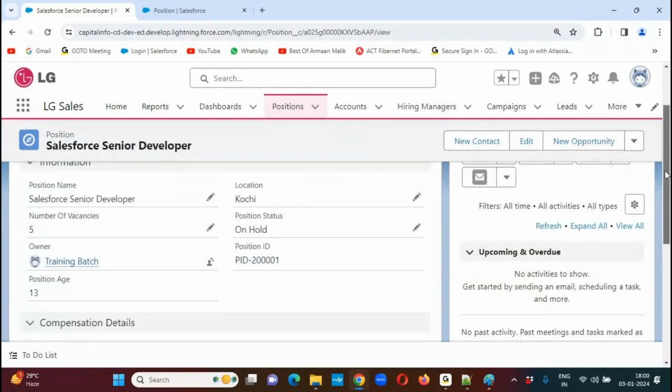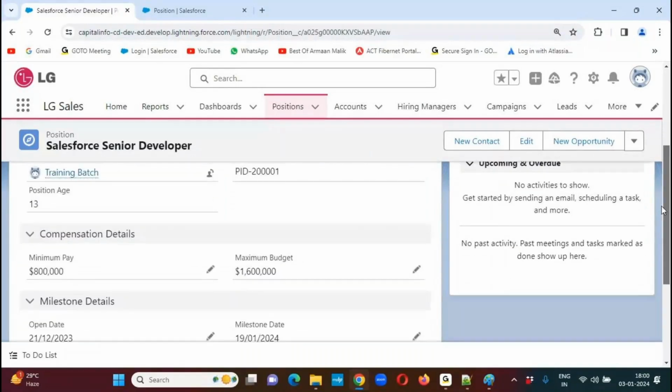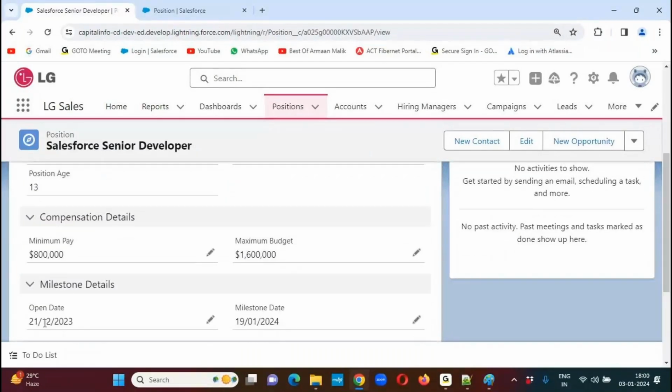Now, it is indicating position age is 13 days over here. Now, 21st was the open date. As of now, 13 days are over. Suppose, for example, if I'm changing this open date from